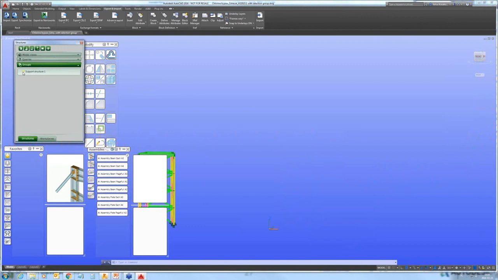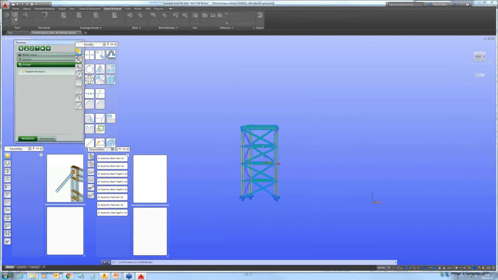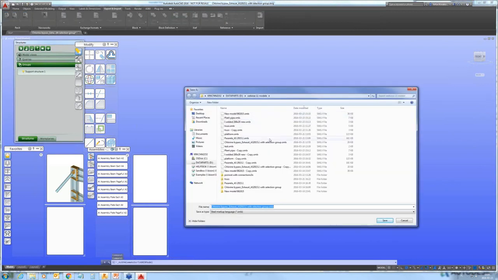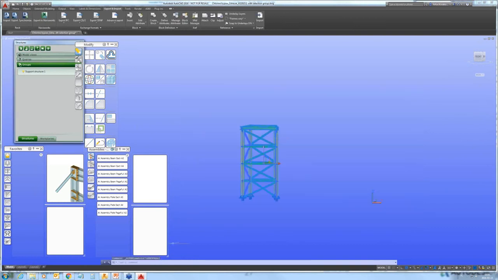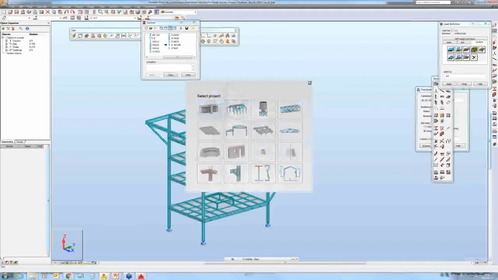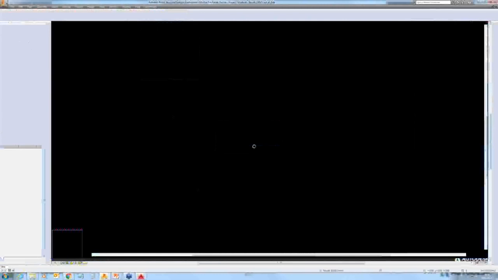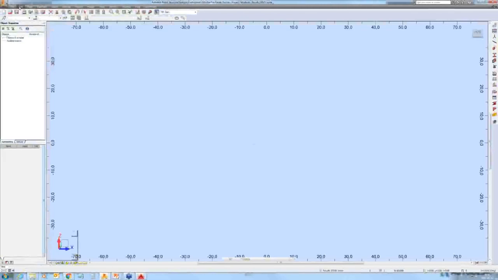You can then switch on or off the remaining part of the structure, and if you select the part that you want to design in robot, you may export only this part. Okay. We create a SMLX file, and now if I start a new project in robot, I can import these selected elements,